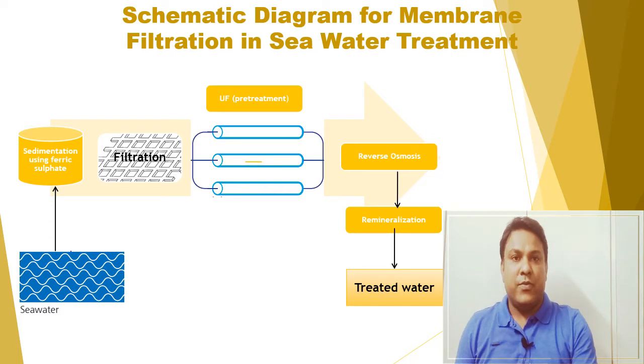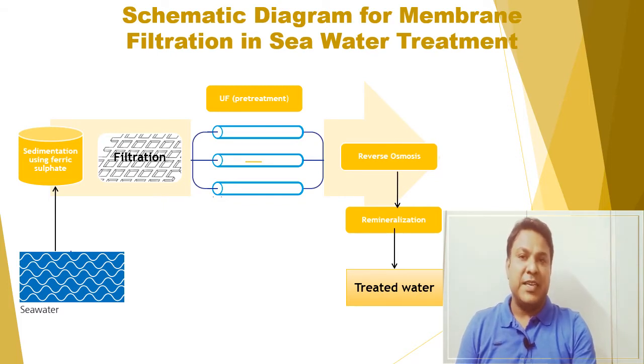In this slide we are going to use membrane separation for the treatment of seawater. Membrane technology currently dominates the industry of desalination and brackish water treatment. Seawater reverse osmosis systems account for more than 50% of the global capacity, which is about 70 million cubic meters per day of desalination plants.